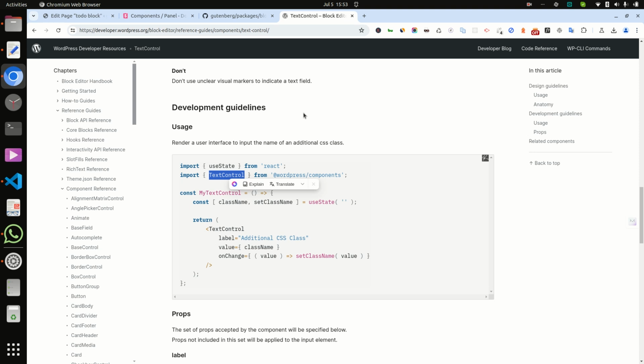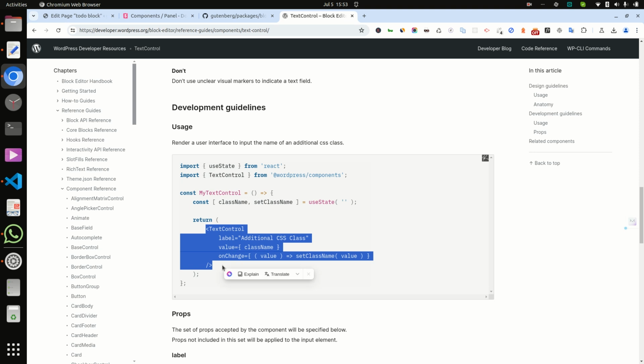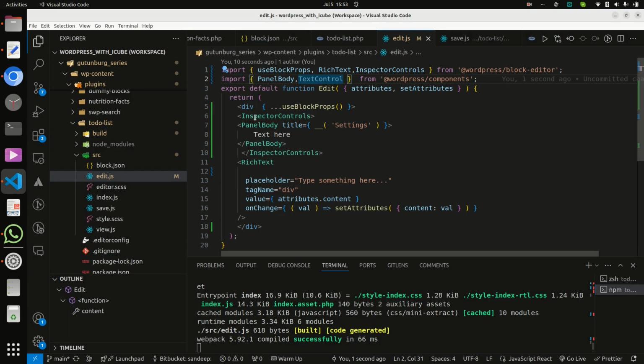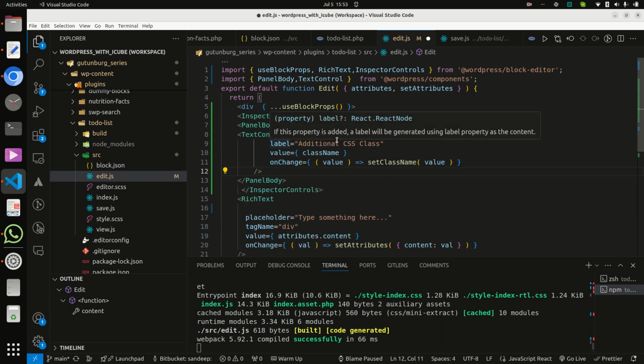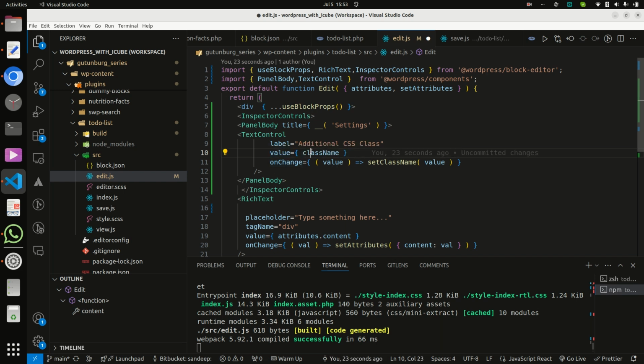Okay, and we just use this data: a label, a value, and onChange.